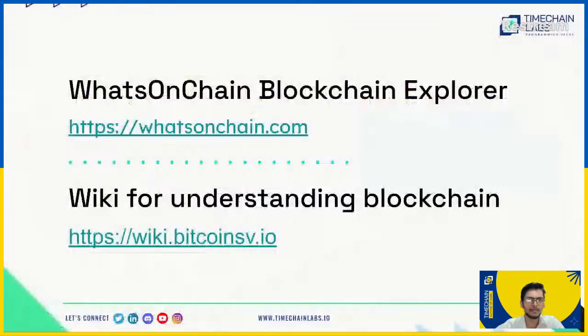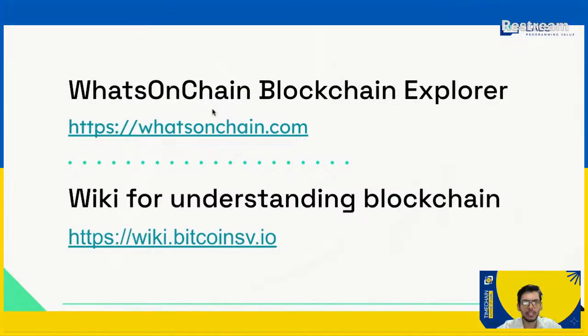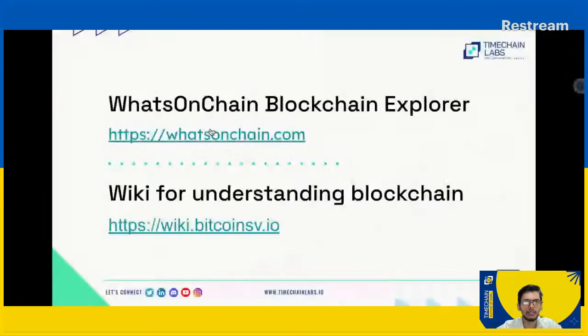So there is a chain explorer for the Bitcoin blockchain, particularly the BSV blockchain. Like that, every blockchain has its own explorer. What is an explorer? You know, Internet Explorer was made as a browser to browse the internet when the internet came. Just like that, when ledgers came, products came out that provide the software for you to browse the transactions on the ledger, right? So when you make a wallet and you make a transaction, they are visible on the ledger.